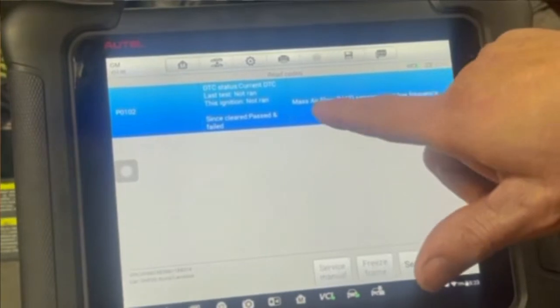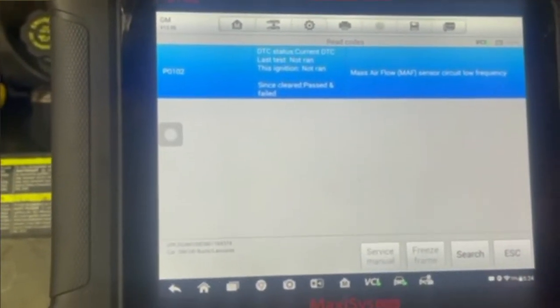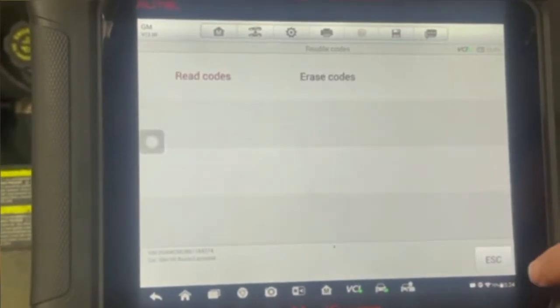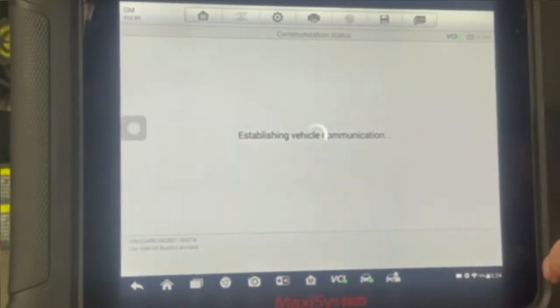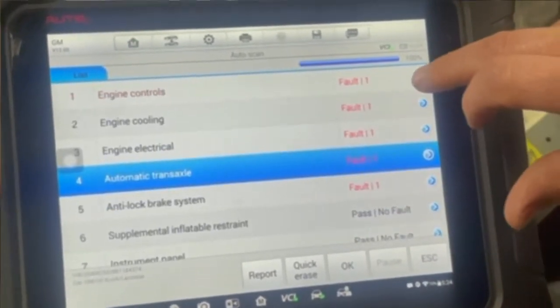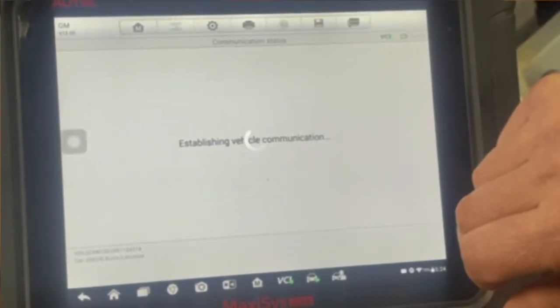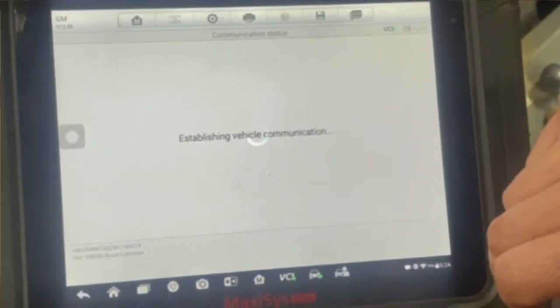But you can see under the transaxle code, we've got the same code as we do in the engine control module right here. Let me wait for this thing to load up, but